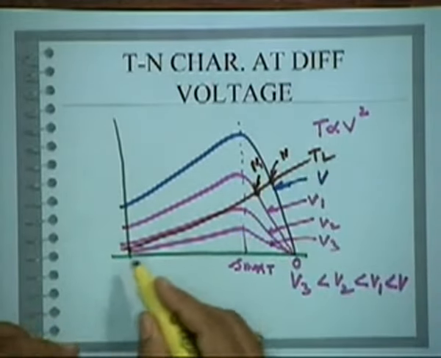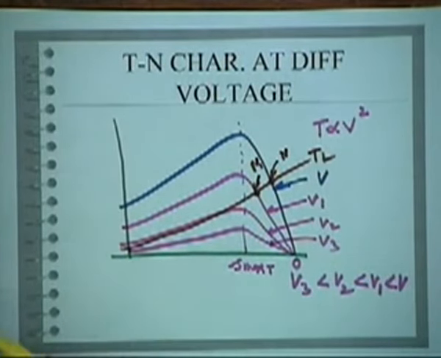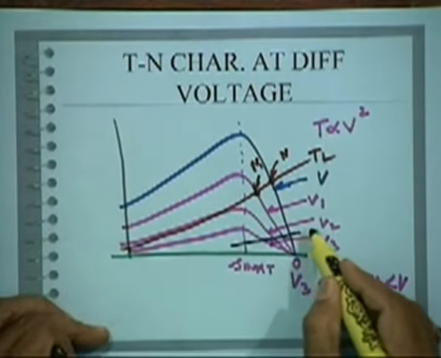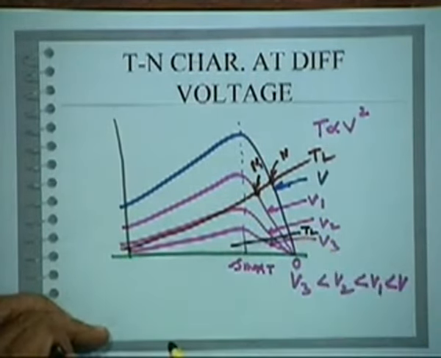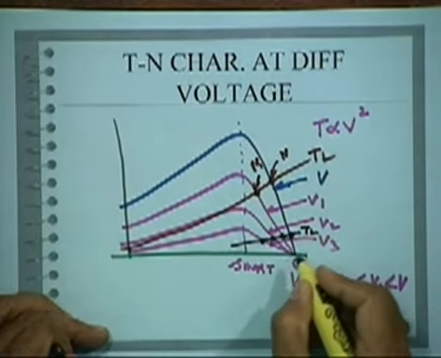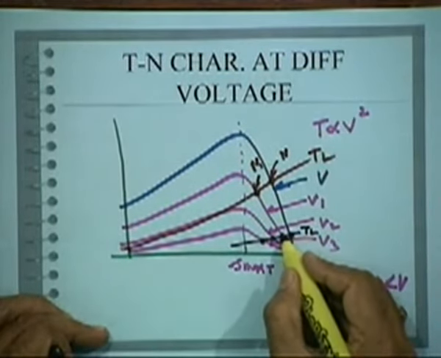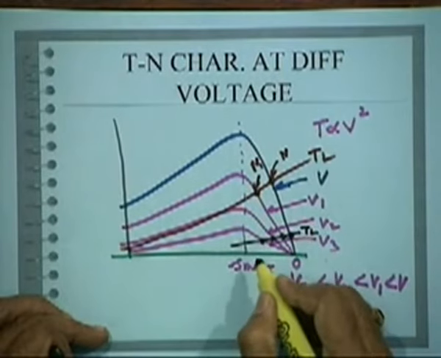Then of course there will be possibilities it will not intersect at all. So for any given load there is a minimum voltage below which it will not operate. That is one constraint that you will have. Another thing is, even if there is a load which will intersect all the points, let us say there is another load like this, right. Then what are the speeds it will have? This will be 1, 2, 3, 4, right. These are the 4 speeds. So let us say N, N1, N2, N3, where they are intersecting.